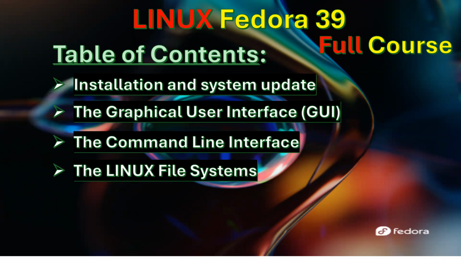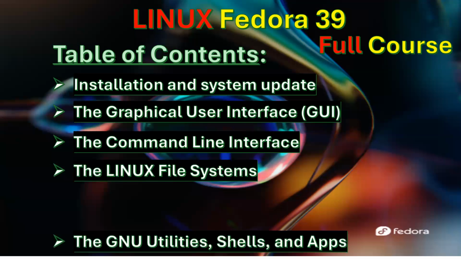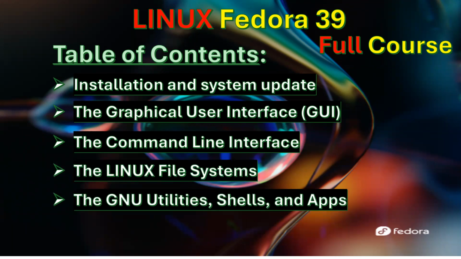So for every version of Linux, whether it's Fedora or Rocky, all of the open source community has access to it, including the GNU utility shells and apps. The shells are Bourne shell, Korn shell, Bash scripting, ZSH, C shell, tcsh, and SSH, secure shell. All of those are shells that are supported on all versions of Fedora, Linux